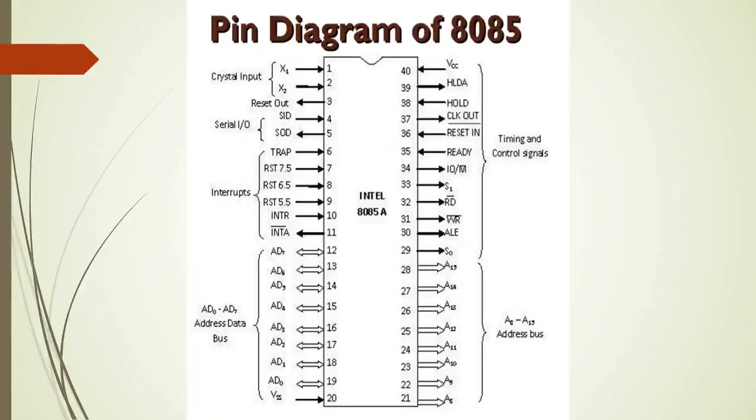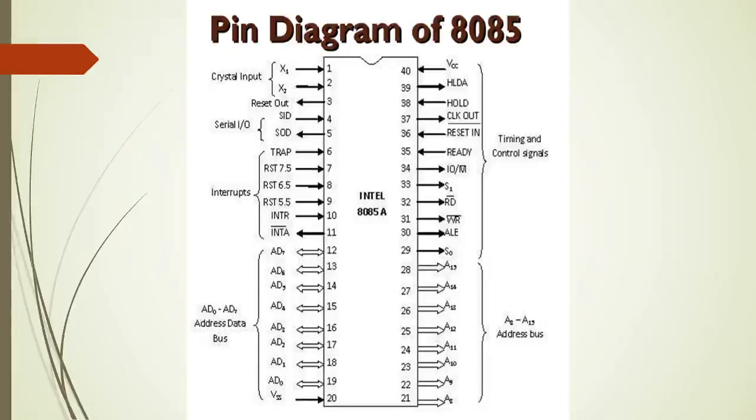So now this is the pin diagram of 8085. As you know, 8085 has 40 pins. You can see here 20 pins will be on the left hand side and 20 pins on the right hand side. Now the 40th pin is VCC and the 20th pin is the ground pin. So this 8085 will require a plus 5 volt power supply to do its operation, and that plus 5 volt will be provided with respect to a ground. Any IC will require plus VCC and VSS. VSS is the ground reference pin.